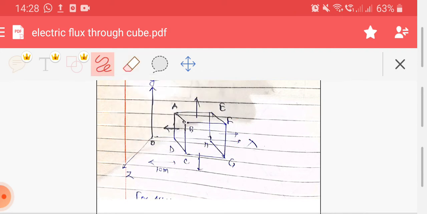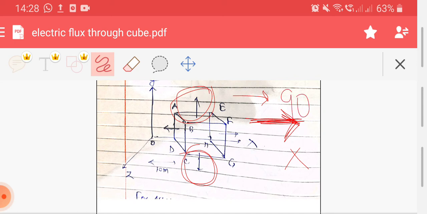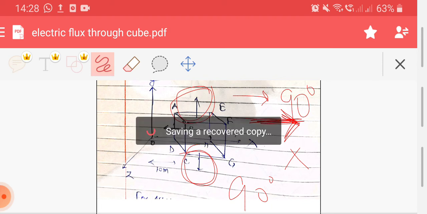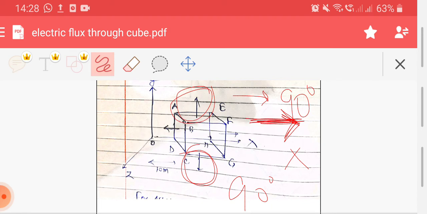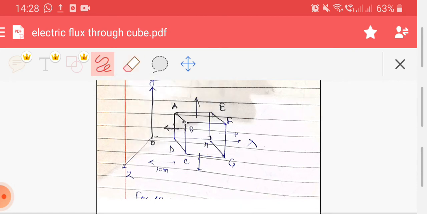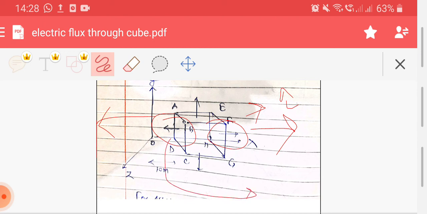In this case, you can see the electric field is along the x-axis, so the area vector will make an angle of 90 degrees. So flux for an electric field and area vector at right angle is always 0. There are overall 6 faces, out of which 4 faces have 0 flux: top, down, front and backward. So I am left with only 2 non-zero fluxes. The 2 non-zero fluxes are this one and this one. This direction is simply i cap of the area vector, and this direction is of minus i cap, you take care of it.